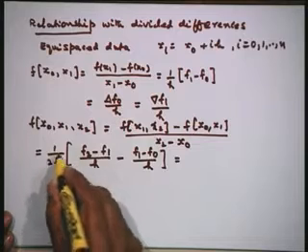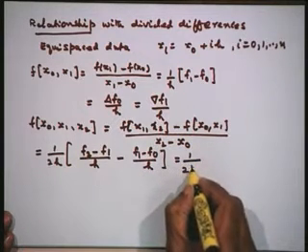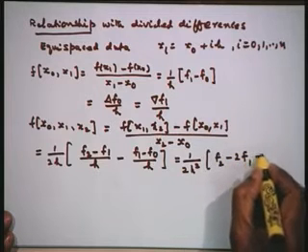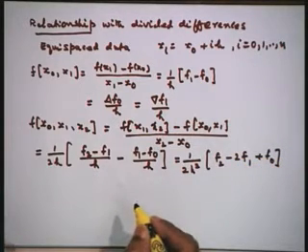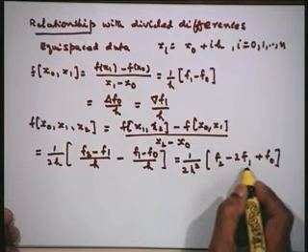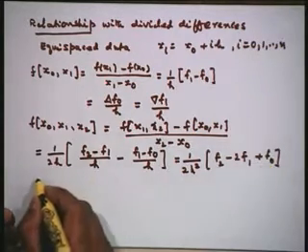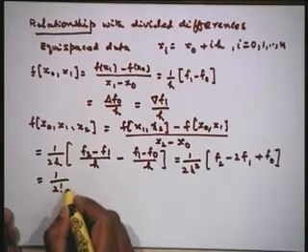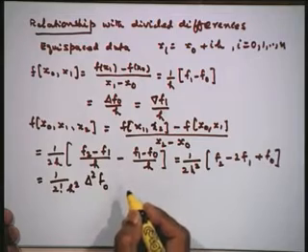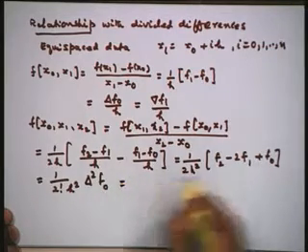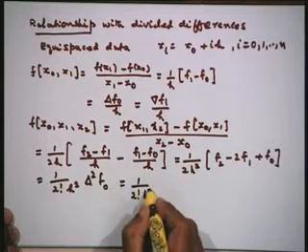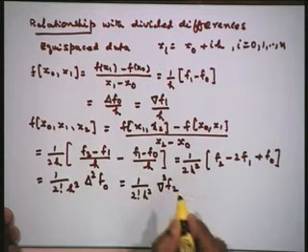So, I can simplify this and write this as 1 upon 2 h square, and this is f 2 minus 2 f 1 plus f naught. Now, I recognize this as the second forward difference with respect to f naught. So, I can write this as 1 upon factorial 2 into h square delta squared f naught, and this is same as the second backward difference with respect to f 2. So, therefore, I can write this as 1 upon factorial 2 h squared delta squared f 2.